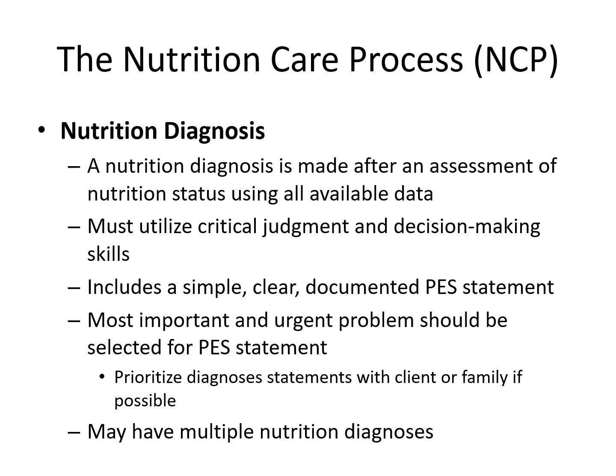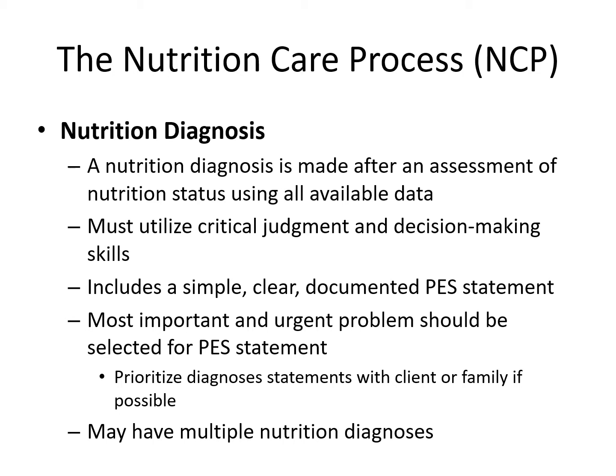Now again, we have our diagnosis, so this is the second portion for the A, and then the diagnosis for the ADIME. So this is a diagnosis that's made after an assessment of nutrition status using all available data. Again, you're going to use that critical judgment and critical thinking skills as part of your decision-making process. You're going to include a simple, clear, and documented PES statement, and we're going to be talking about that throughout